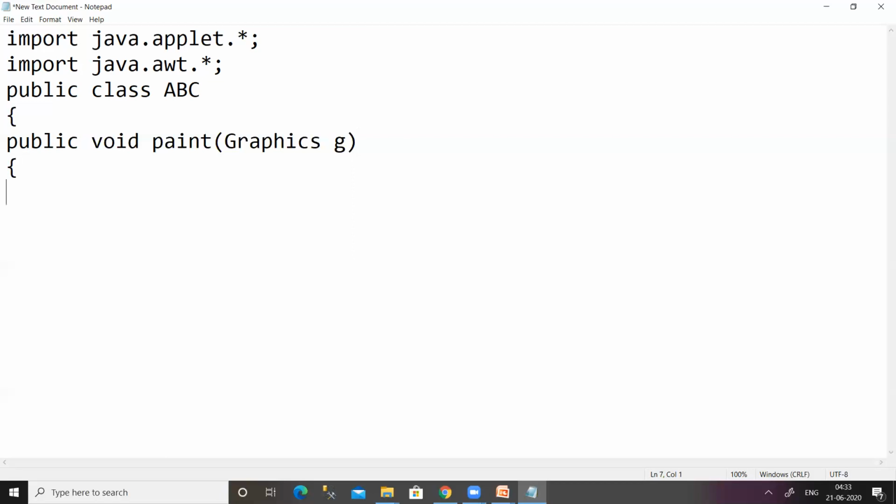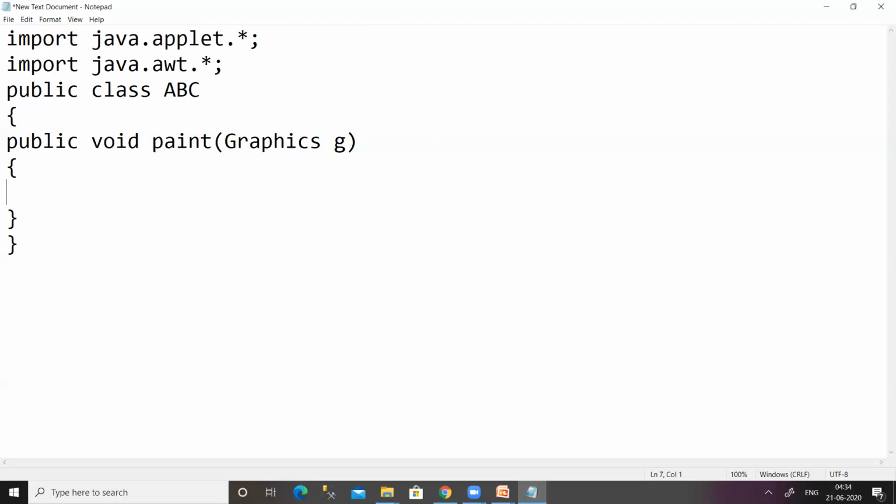So in this program, what I want to do is just display some computer science and engineering on the applet. In order to display something on the applet, we have one method called drawString. We already discussed that method in the previous session, which is one of the methods in the graphics class.